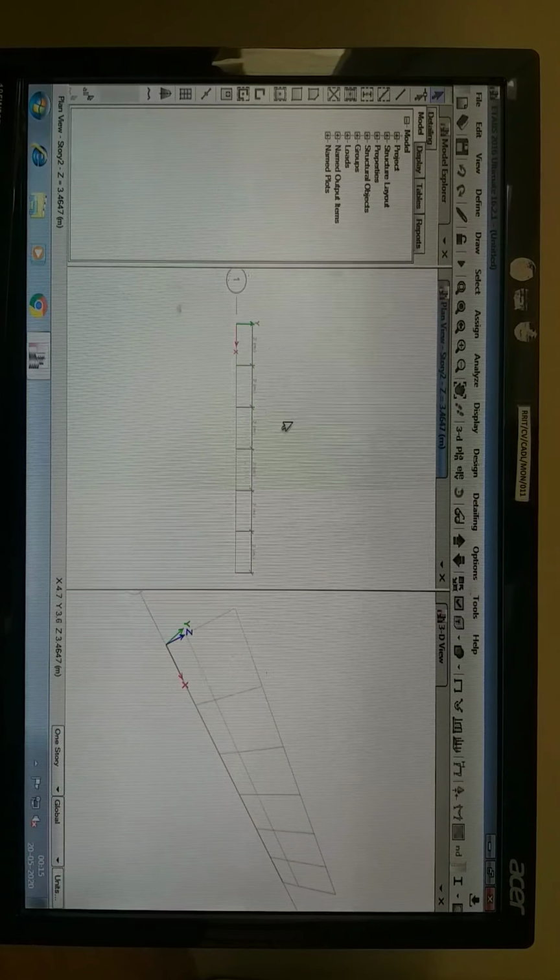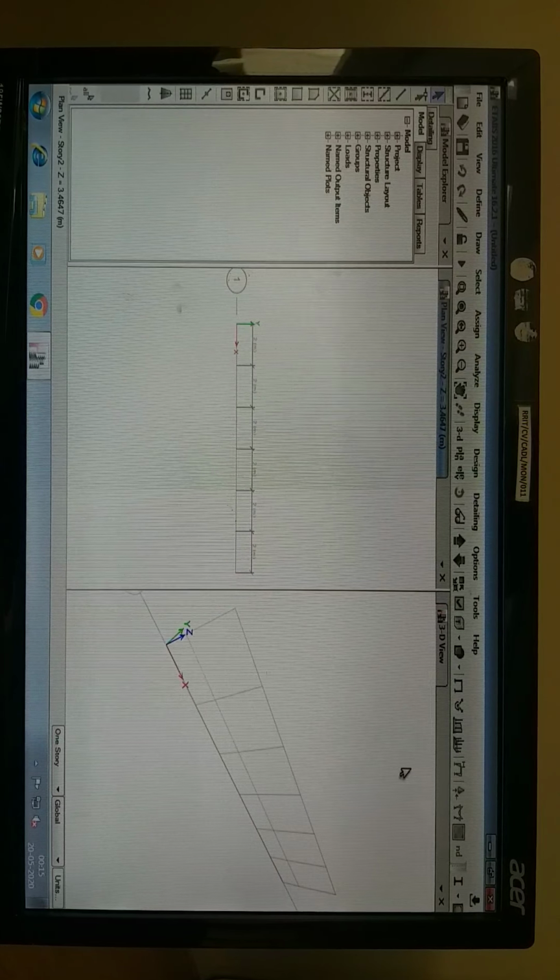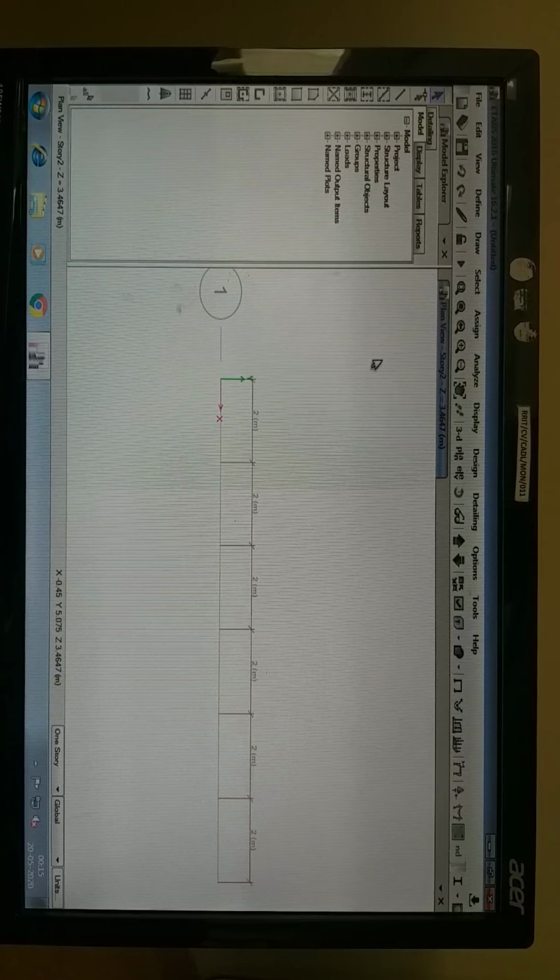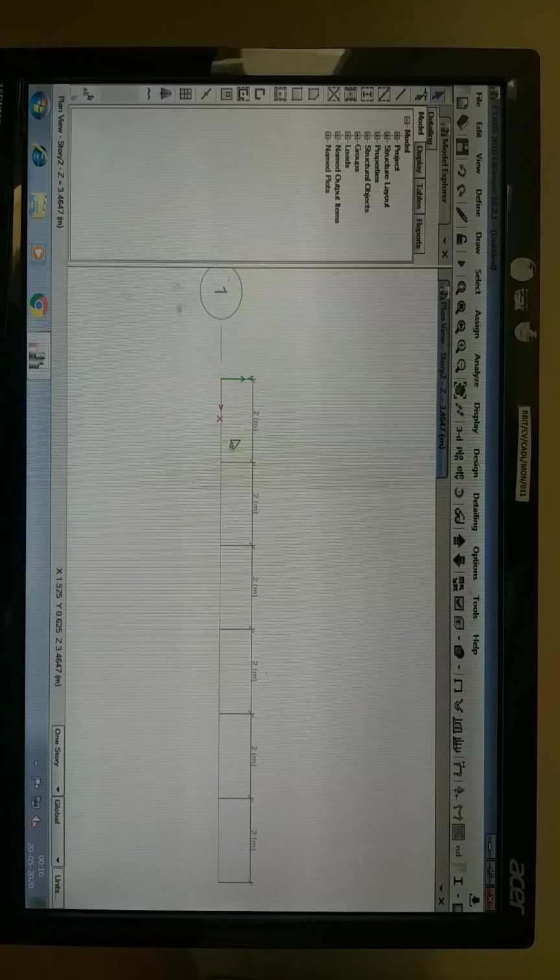After that two windows appear, the plan view and the 3D view. I have closed the 3D view. In the plan view you can see each grid has 2 meters spacing and there are 7 grid lines. You can set the elevation view.